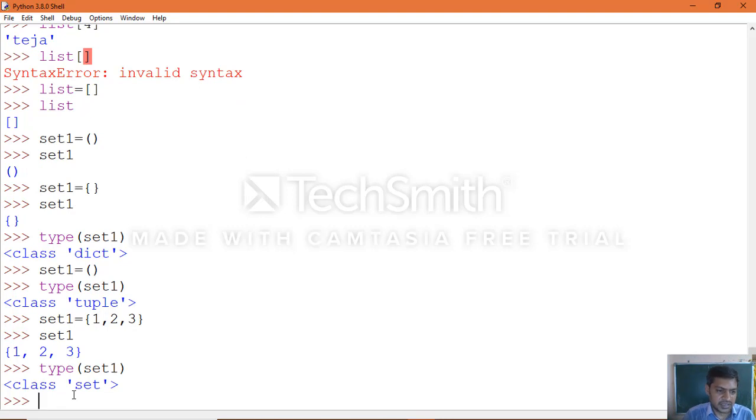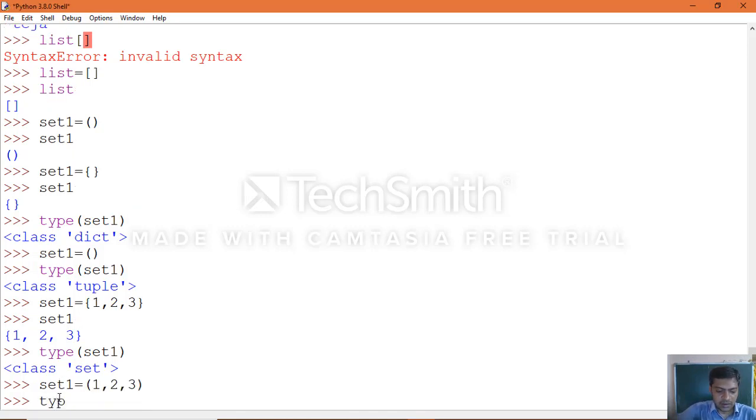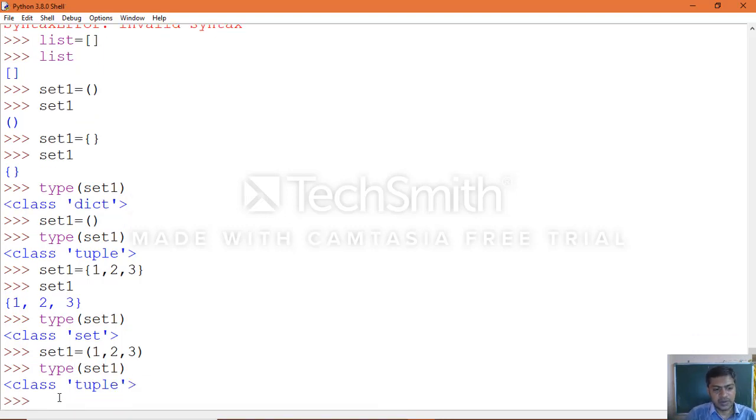Now it has shown set clearly, okay. So that's why you can see clearly the way how you can make use of it. Same manner, set 1 equal to, when you use parenthesis, let's see here. Now apply type of set 1, tuple, okay.